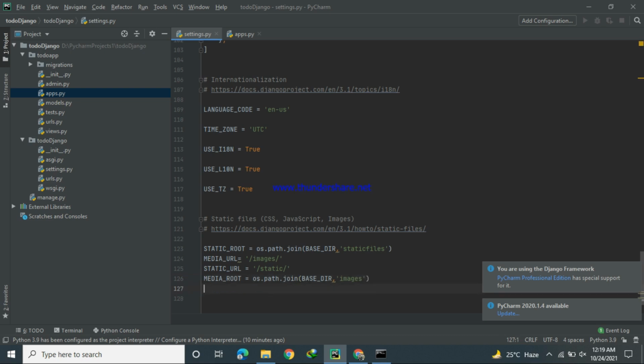after this, where our static files are collected, for this I will create here a path for our static files.